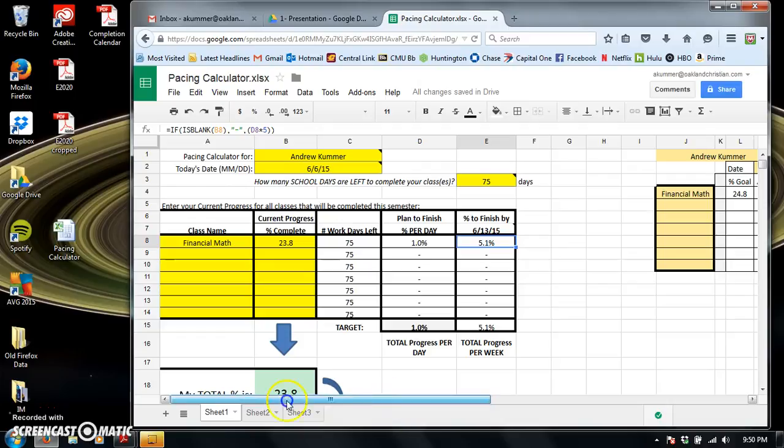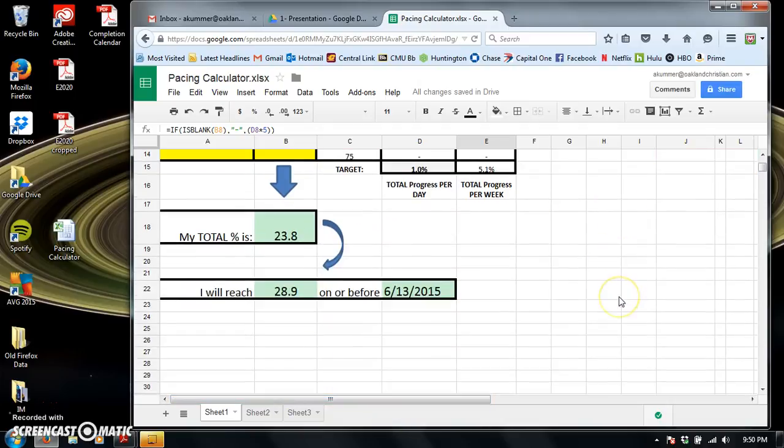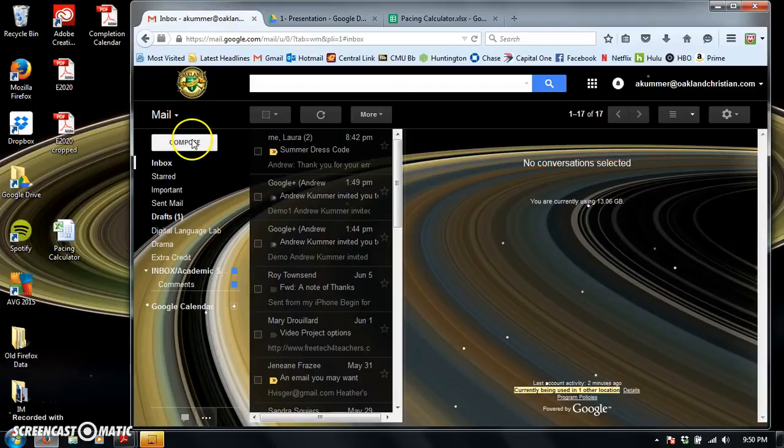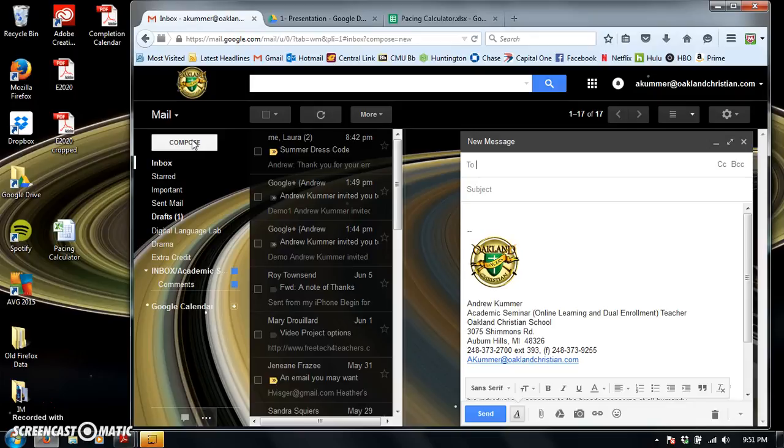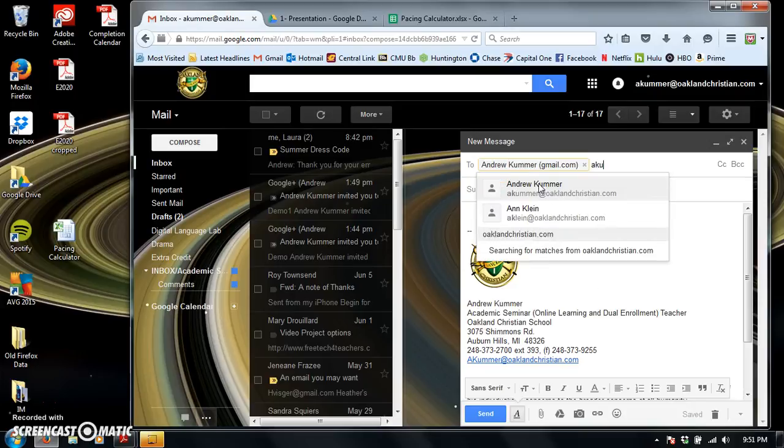Once this information has been entered and you have generated your goal, you're going to want to go back to your Gmail account and click Compose. There are 2 people you need to send an email to each week. The first one is going to be a parent, your parent or guardian. I'm going to use myself, my other Gmail account, as my parent, and you're going to need to send the email to me. The only email address that I'll accept is going to be my Oakland Christian email address,